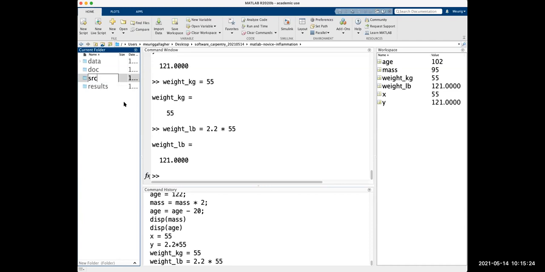So source or source, but the convention is to call it SRC. So this will contain all the code that we want for our project. So this is kind of like the general way that you'd set up a code. I wouldn't worry about it too much, but the principle is exactly having a nice organized structure that you can use for every project. Everything's self-contained.